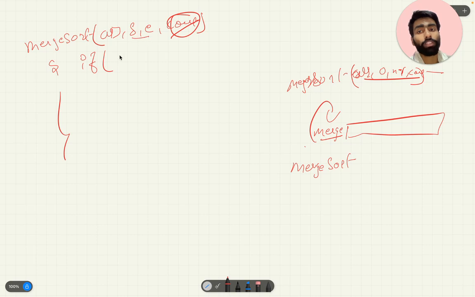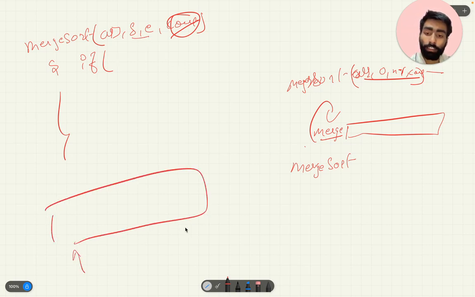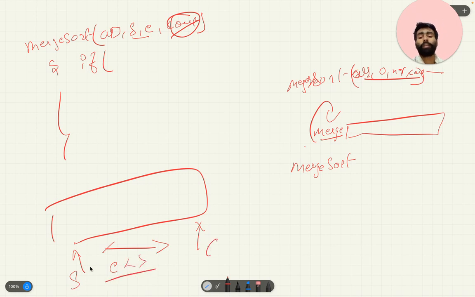So where will we stop? Wherever the start index and end index cross each other, that is, the end comes before the start. So wherever start becomes greater than or equal to end, there we will return, meaning the merge sort needs to stop.